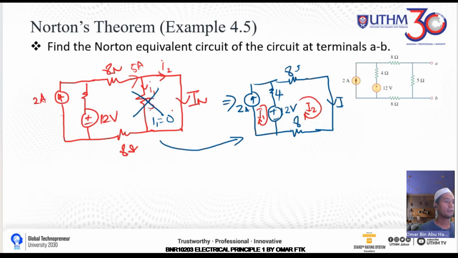Okay, let's try to do I2 first. I1 is minus 12. For the voltage in this loop, it is minus 12 plus